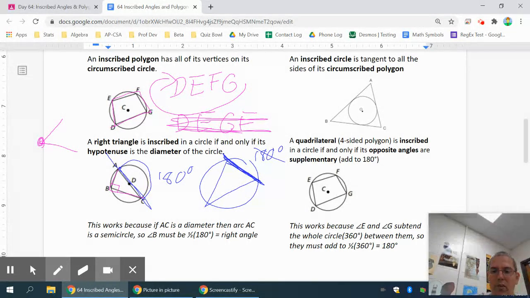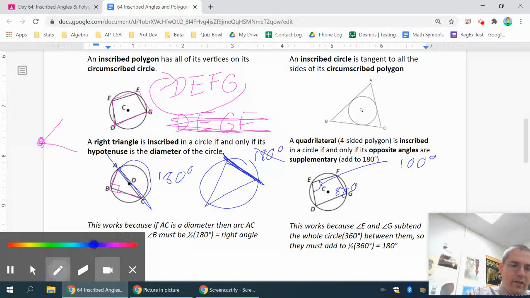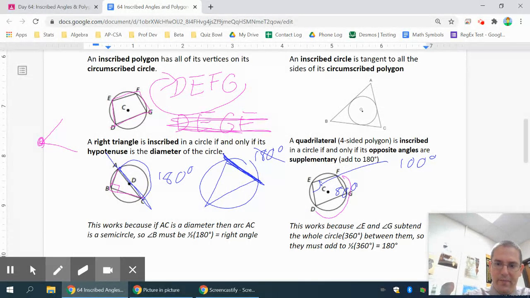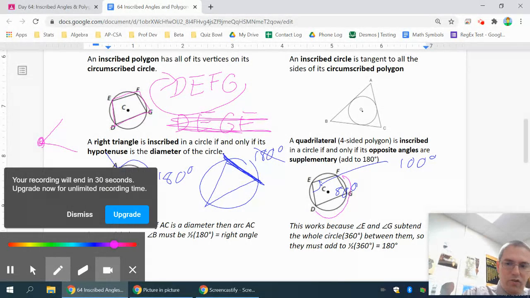Now, the last one we have is about a quadrilateral that is inscribed in a circle. And the unique thing here is that the opposite angles add up to 180. So like if I knew G was equal to 80 degrees, I would know that E, the opposite angle, would have to be 100 degrees. The reason this is, you notice angle E catches the arc FGD, and you notice angle G catches or inscribes the arc